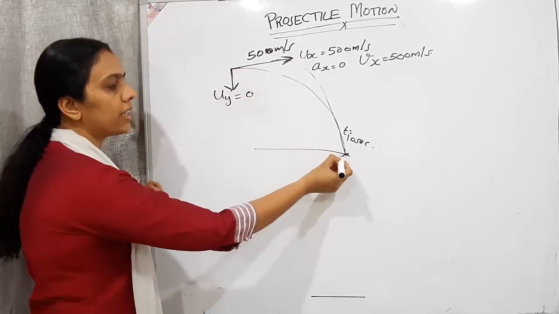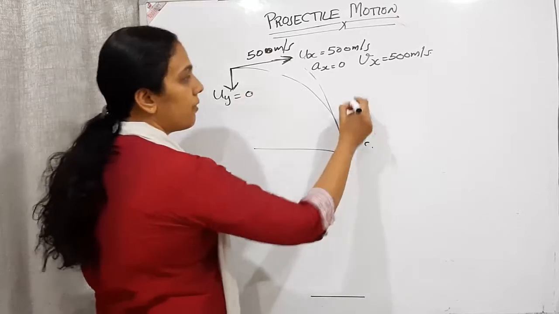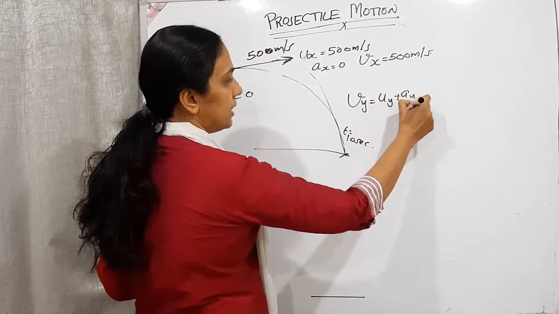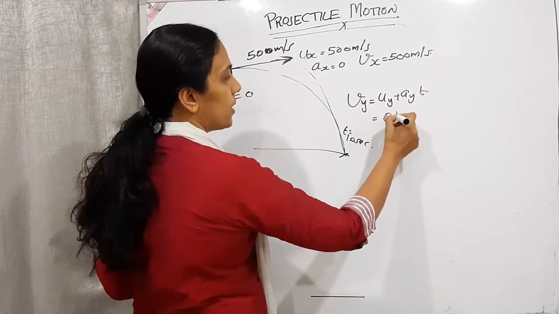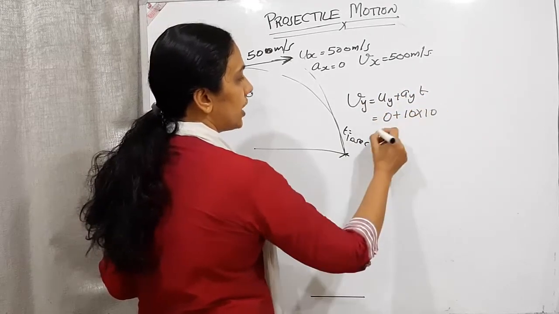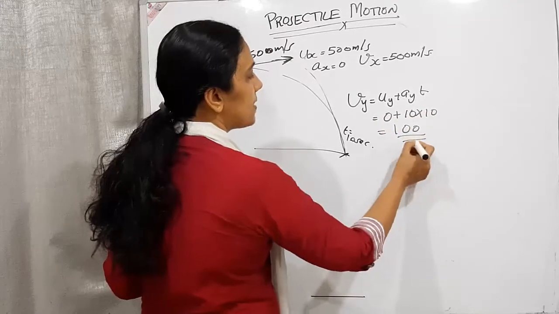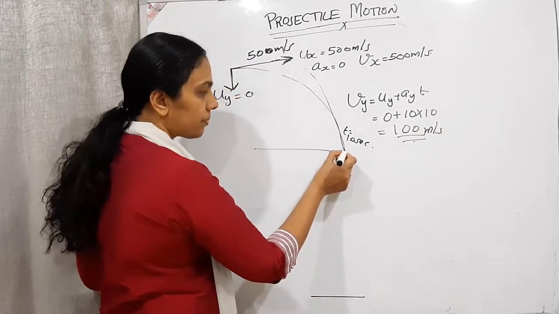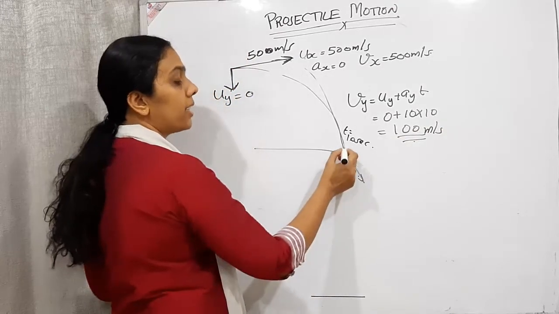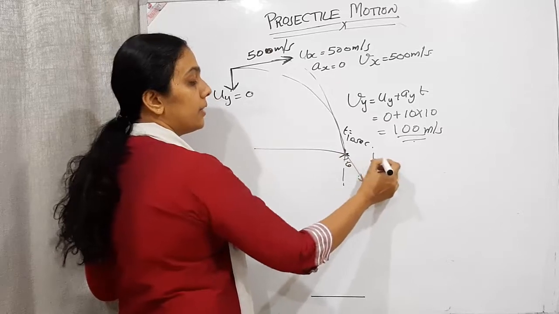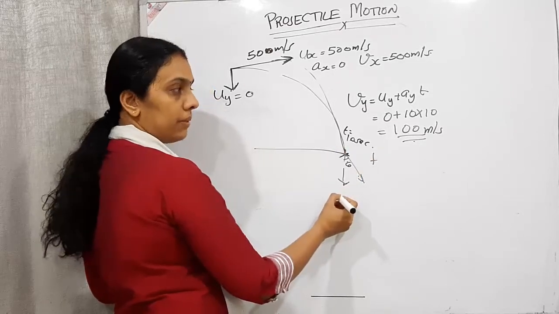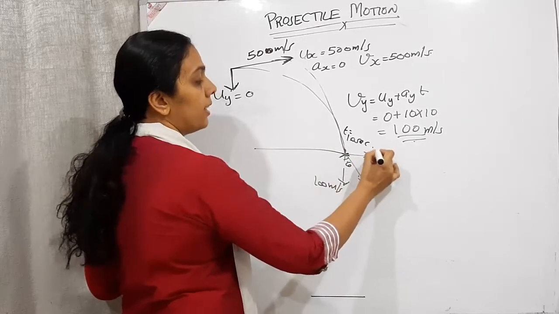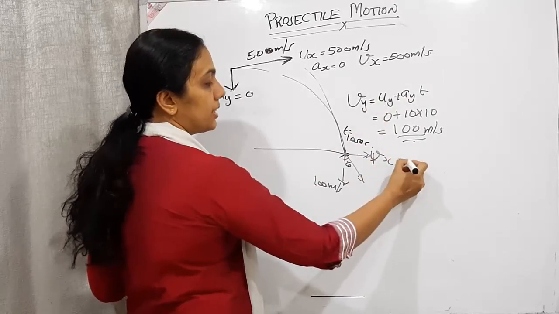So what will be the final velocity after 10 seconds? Vy will be equal to, v equals uy plus ay t. So when we are considering uy equals 0, ay is 10, into 10. Therefore Vy we are getting as 100 meter per second. We need to find out theta. Right, this theta angle, how can we find out theta? Here we have Vy with us. Vy is 100 meter per second and Vx will remain 500 meter per second only.